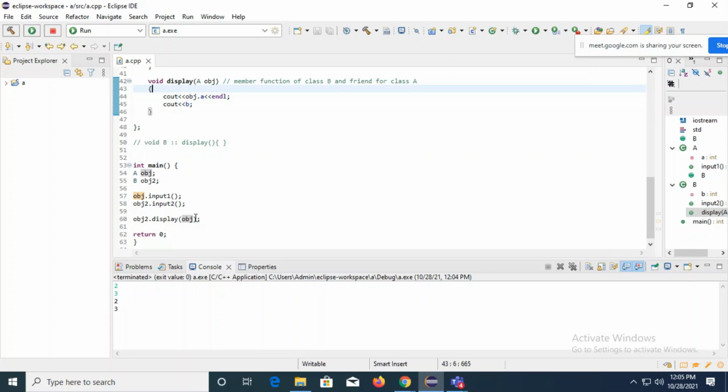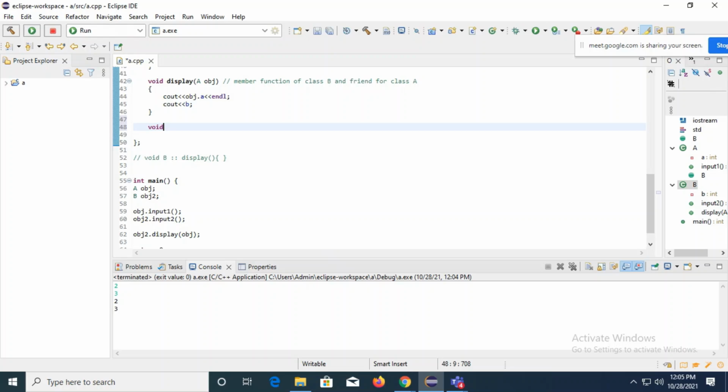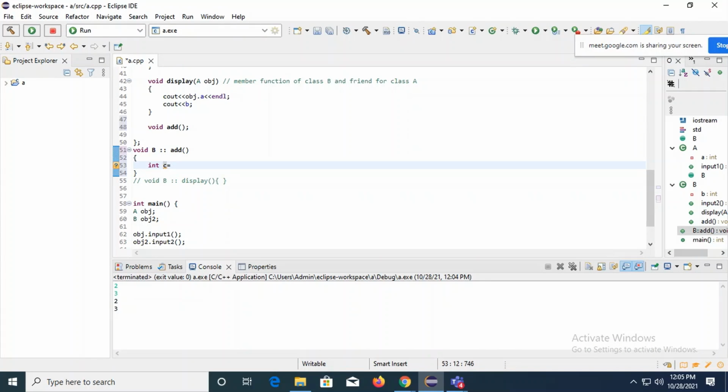I can add here a function void add. And this function definition, I can write outside, void B scope resolution add. And here I will try to add those two. So let's try to add integer C is equals to... existing hit.